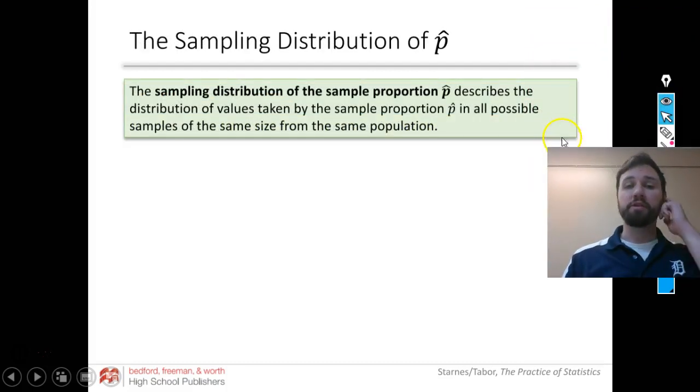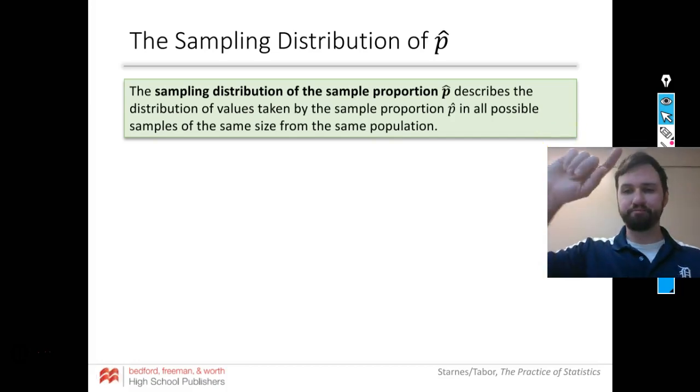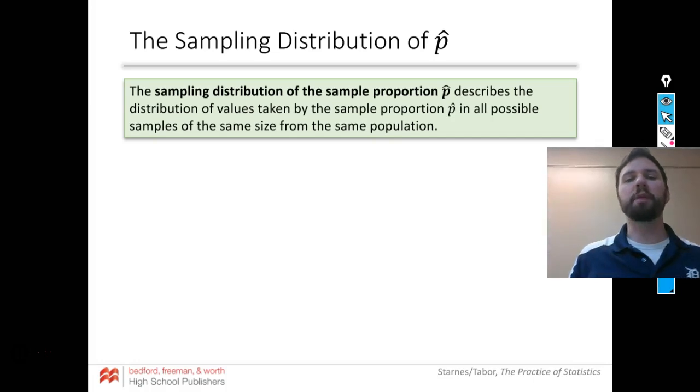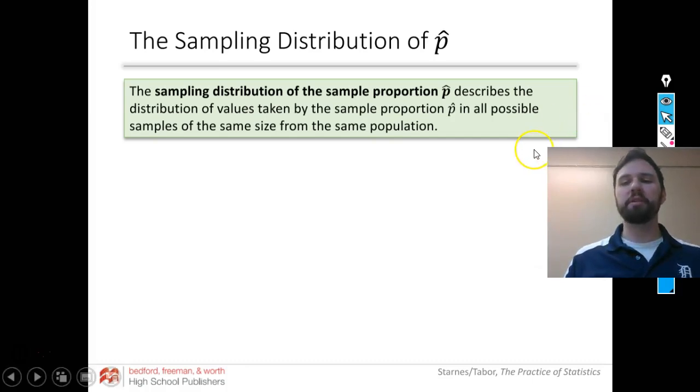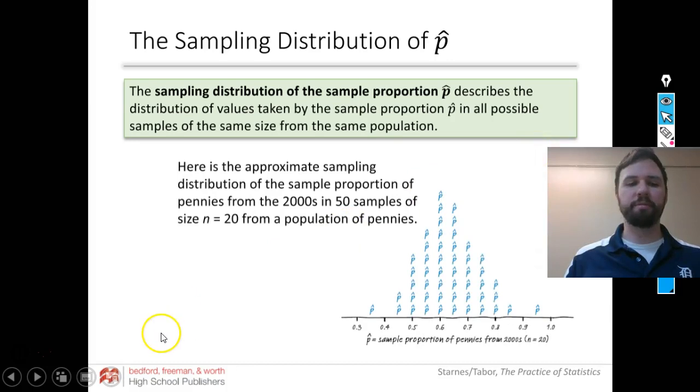Okay? So the sampling distribution of sample proportion p-hat describes the distribution of values taken by the sample proportion p-hat in all possible samples of the same size from the same population. The big thing I want you to realize is p-hat is a proportion. Okay, what I mean by that is,